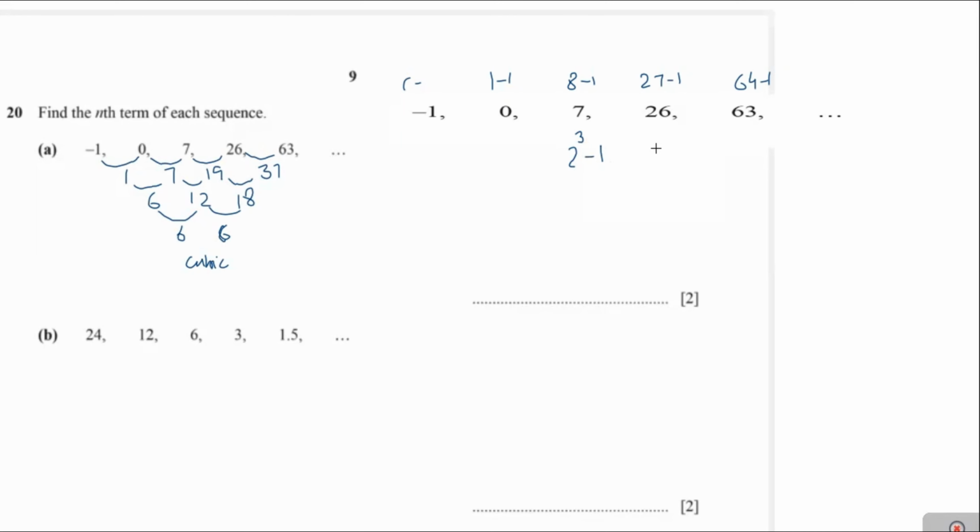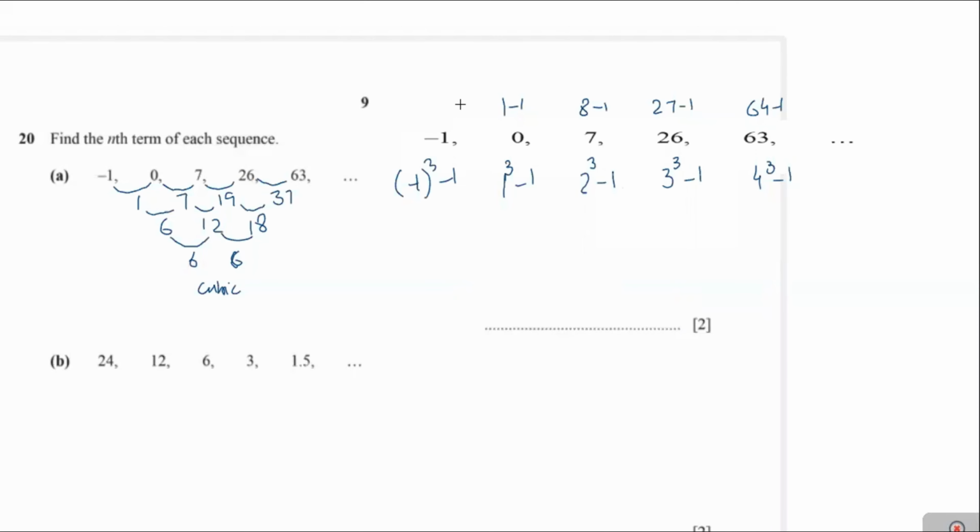And 27, you can write it as 3 cube minus 1. And same here, you can write 4 cube minus 1. And next is 1 cube minus 1, and you can write minus 1 whole cube minus 1. Therefore, you can make the nth term value by using